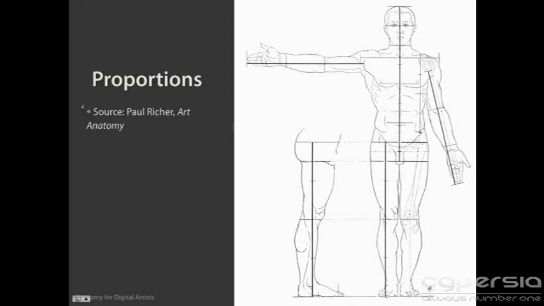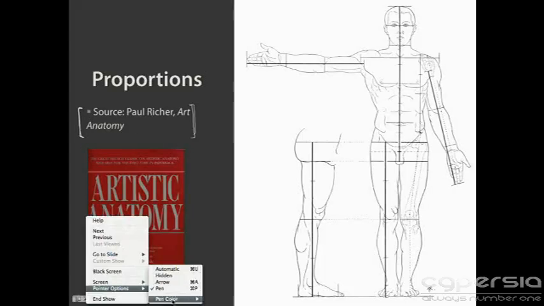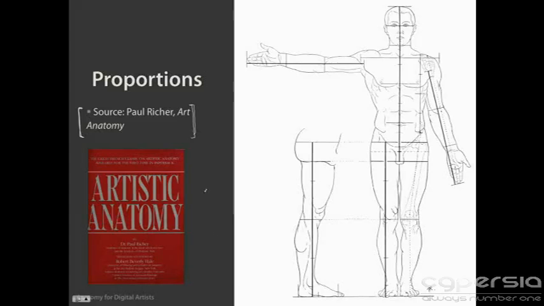Okay, so the source for these slides and a lot of the stuff that we're going to see in this course is a guy named Paul Richet and his book Art Anatomy, which some of you may recognize the cover. This is the English translation of the original French book. And the book itself is from Dr. Paul Richet, who is a medical doctor, but also the instructor at the French Royal Academy,